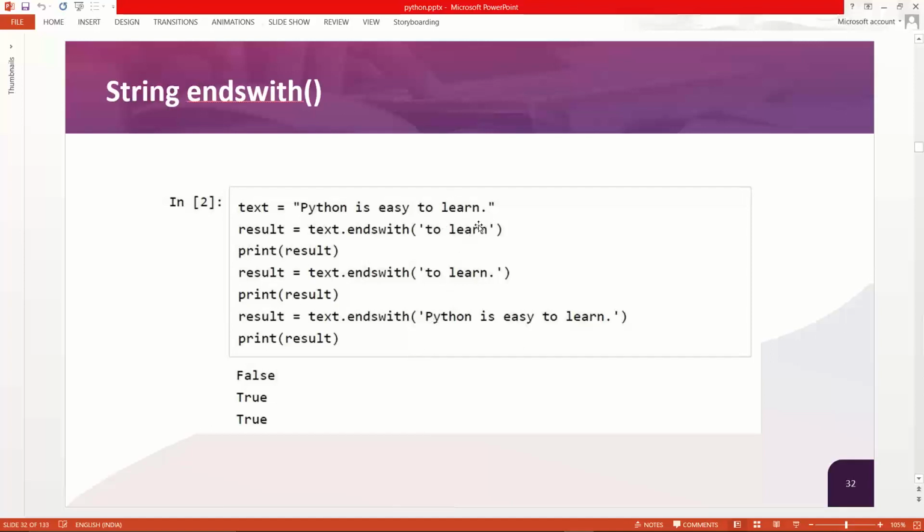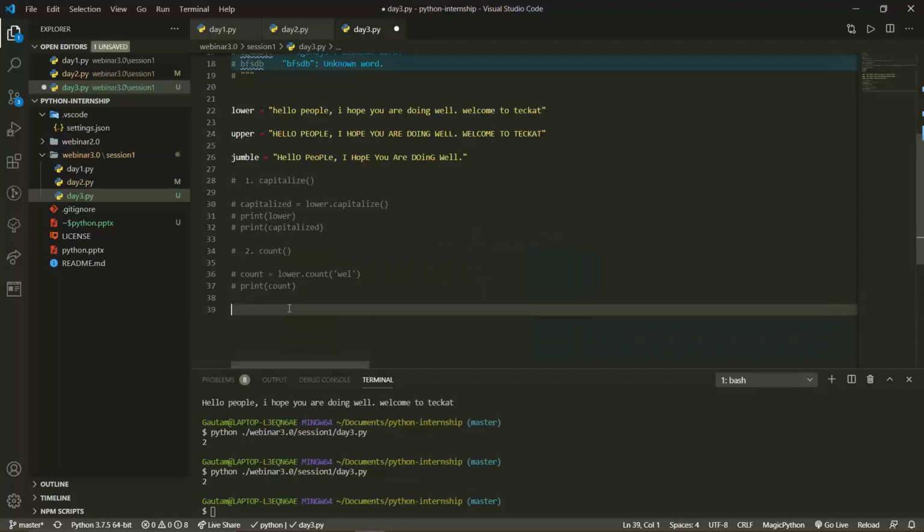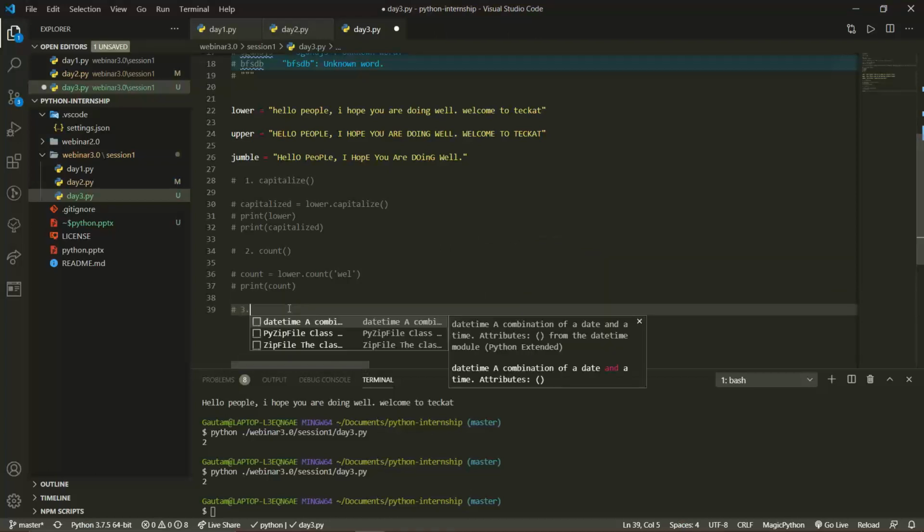Okay. So see, now in the first statement, it is giving you false. Why? Because there is a full stop over here and there is no full stop over here, so it is not ending with it, right? If you have a full stop right over here, it will show you true. It doesn't matter how many characters or how many words you're starting with, it only matters what it ends with. If you're writing n and dot or only dot, then it will show you yes, it is correct. For example, now the next thing is ends with.